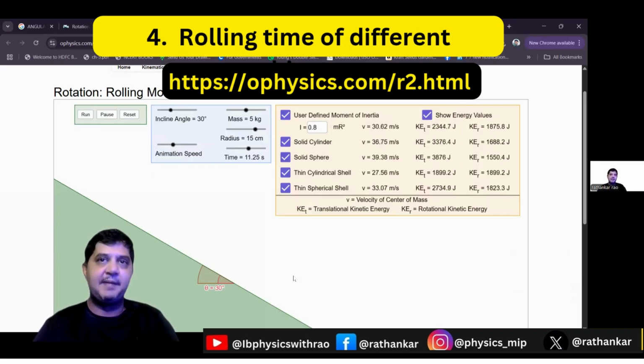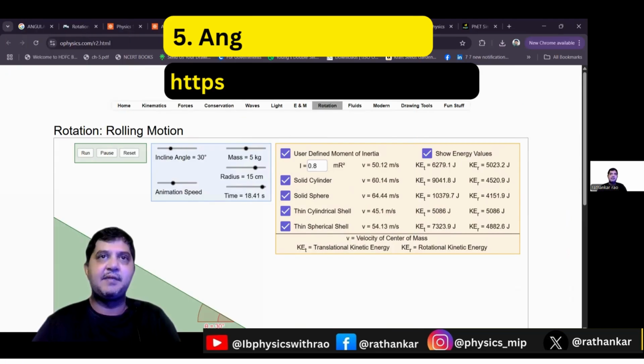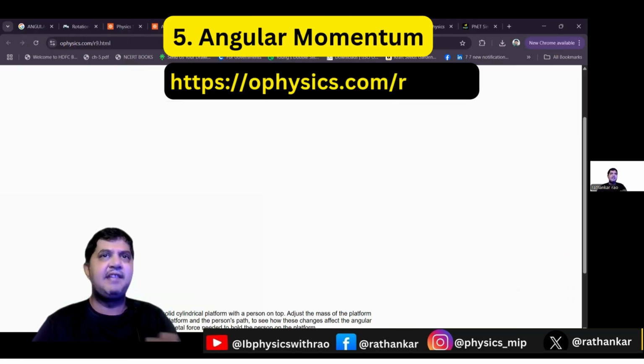If the same force has been given, what does it depend on, right? Does it depend upon the moment of inertia? Does it depend upon the mass of the object or the radius of the object? So we can get to know more about this. We can ask the students to go through this one and find the answer behind it. Move on to the next one. So all this is physics, very simple simulations that we have. Okay, next is,